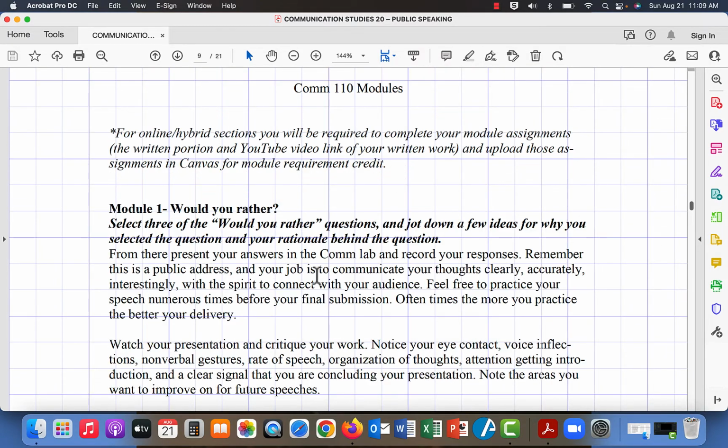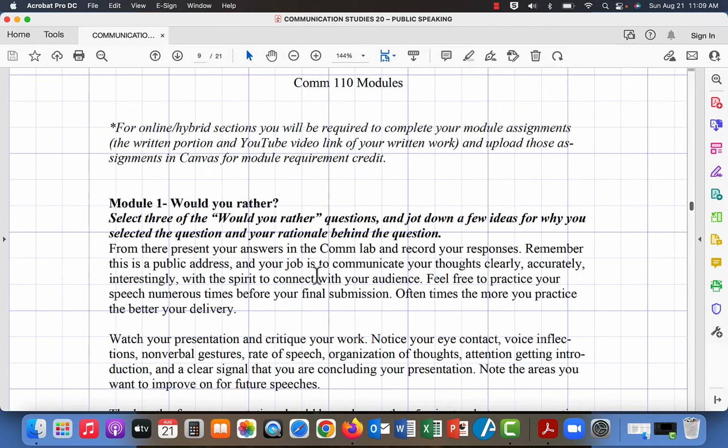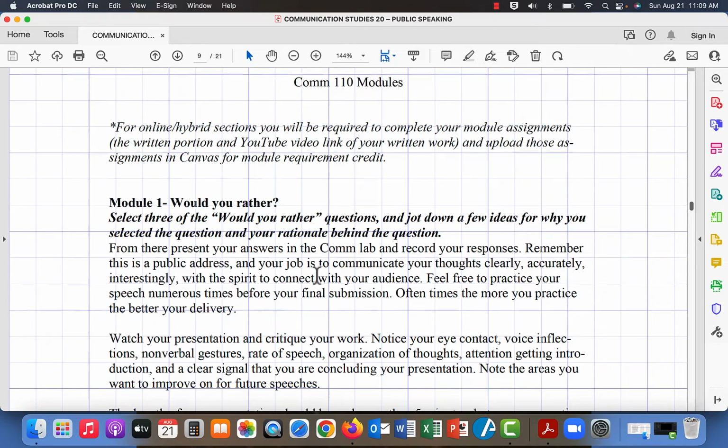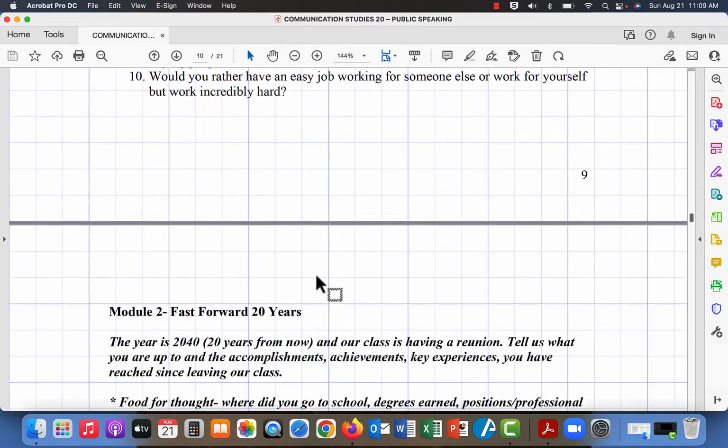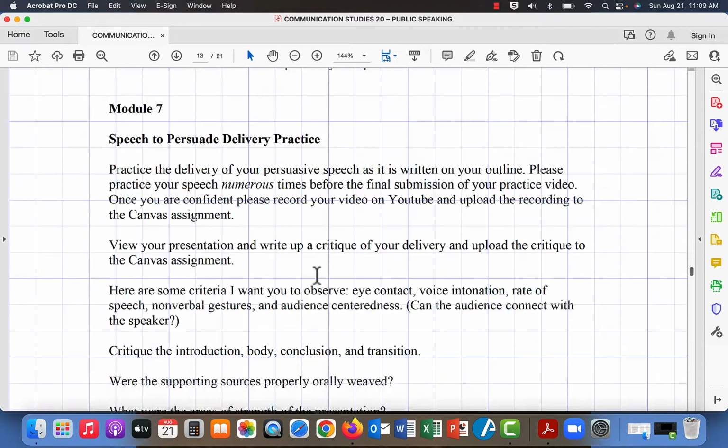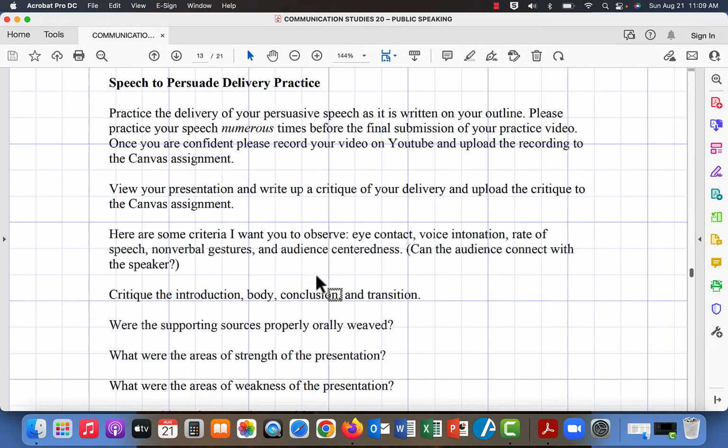For this class, we're also going to have assignments that we do through the Comm Lab, and I'll get into that in greater detail when we get into the Canvas part of this program. But really, these assignments help you with your upcoming speeches for the semester. I think that these modules are pretty good because they help develop skill sets needed to do very well in this course. We have approximately 7 lab modules for this semester.